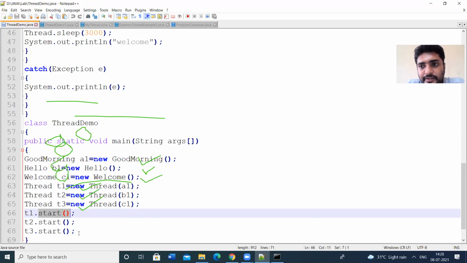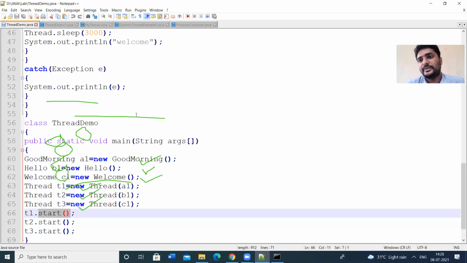Let us see in practice. If you give A1.start directly, you get an error, there is no direct access. That's why we have to create a thread object for the class thread.